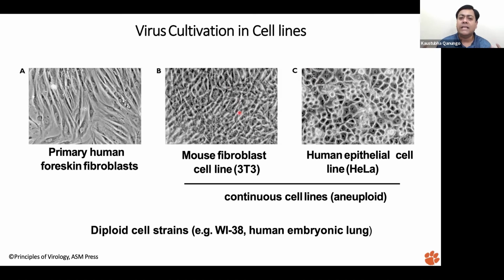Why we sometimes cannot use these cell lines, although they are routinely used, is because they actually lose their native physiological conditions, and that may not be the exact replica of a native cell line which is present in an organism like a human being. That's one of the problems. Second problem is that